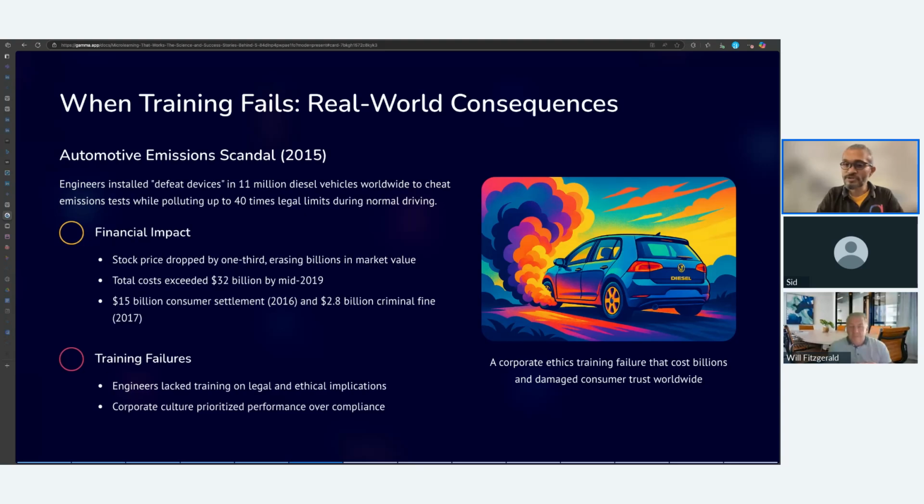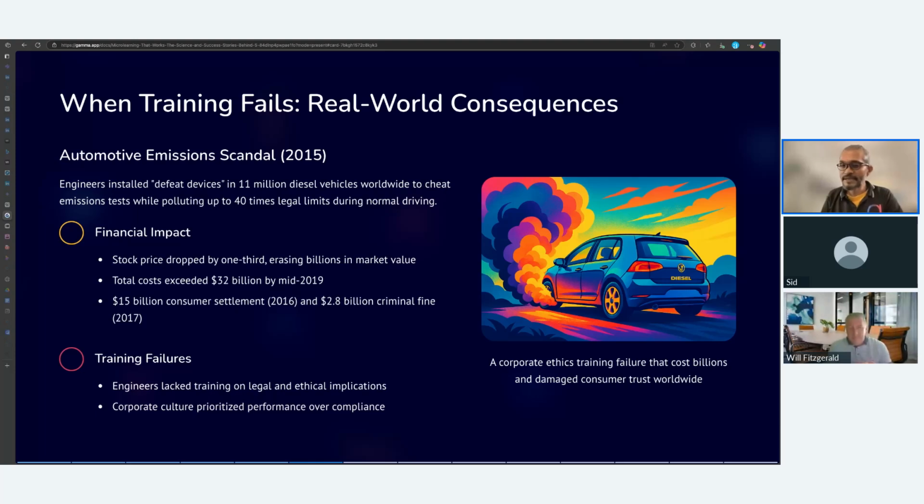There's another one that I wanted to tell about, and this one also is a German car manufacturer. We know that in 2015 they released a lot of cars where the mechanism to test for emissions was cheated. They used certain devices that skipped the emission test, and this led to a lot of vehicles polluting up to 40 times the legal limits. Stock prices dropped, the company's reputation dropped like crazy. There were callbacks of almost 11 million vehicles. So that's a huge impact again.